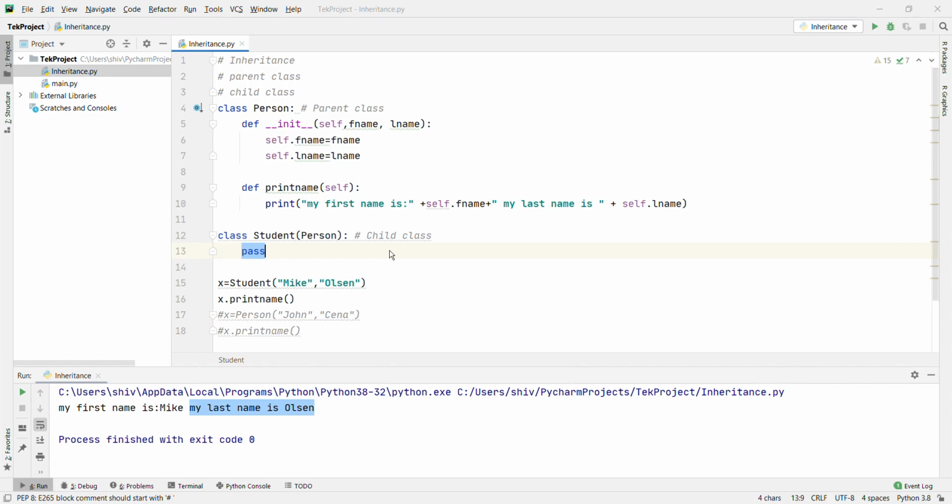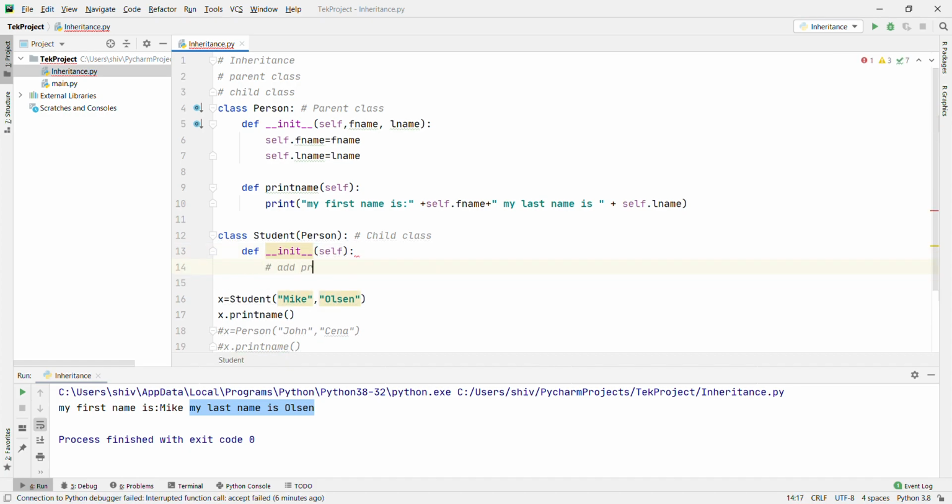We can create the init function here, add the properties here, and add the methods here. When you add the init function to the child class, it will no longer inherit the parent's init function.